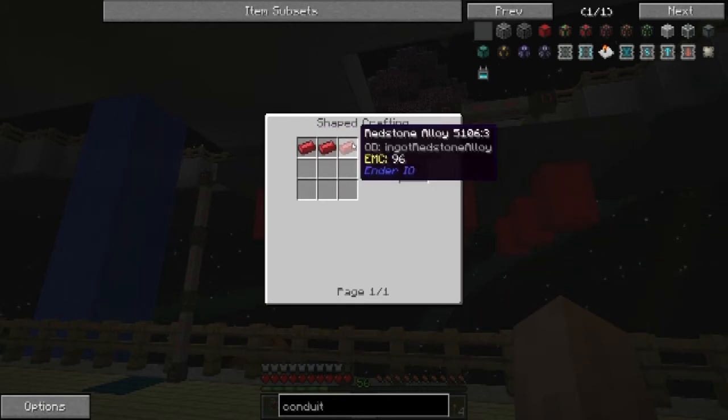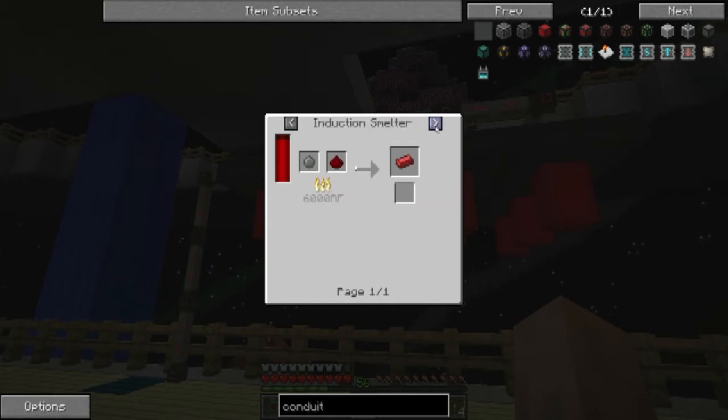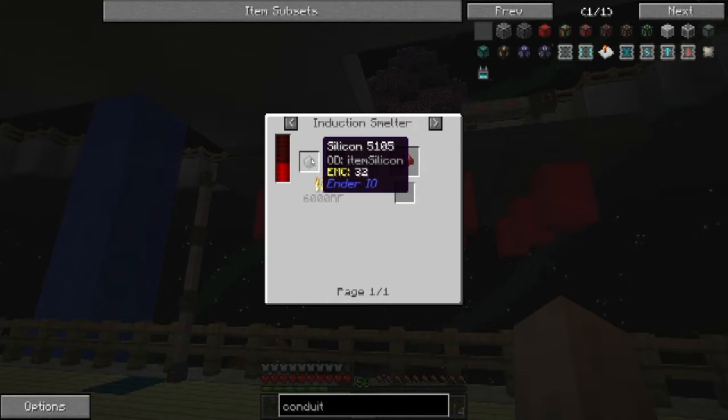Redstone alloy, again made in the alloy furnace. However, at this point I have quite a bit of it that has come from loot bags, so I didn't actually need to make any of this in the furnace. That in turn is, though, if you are making it in the alloy smelter, made from redstone and silicon, which significantly comes from